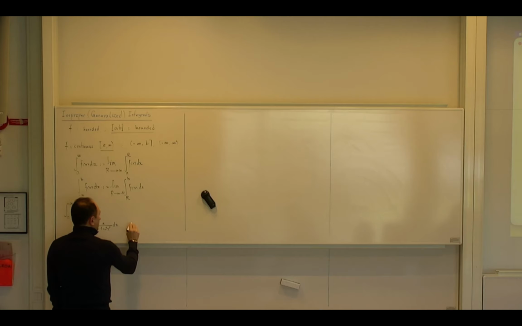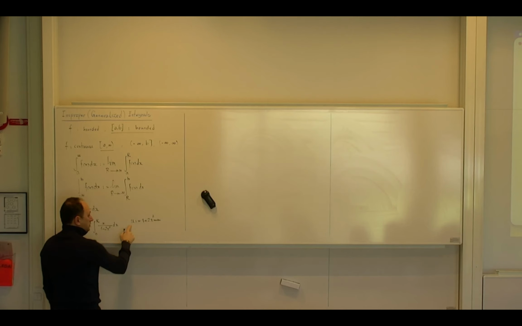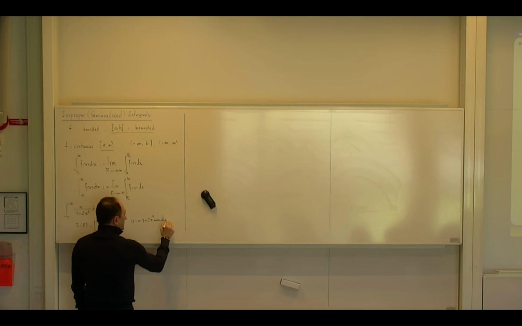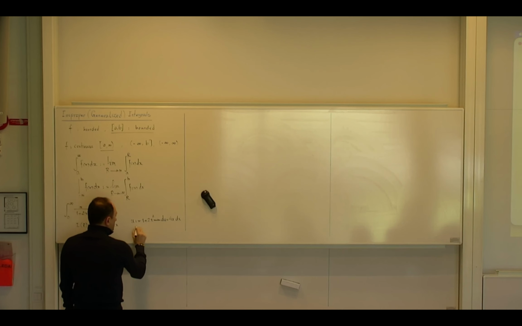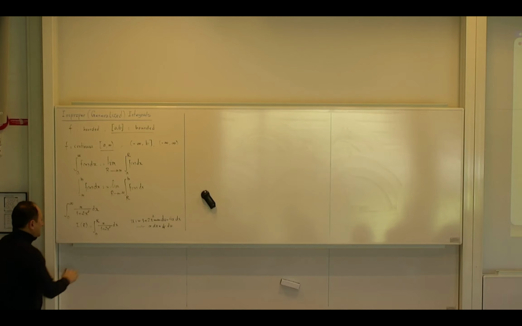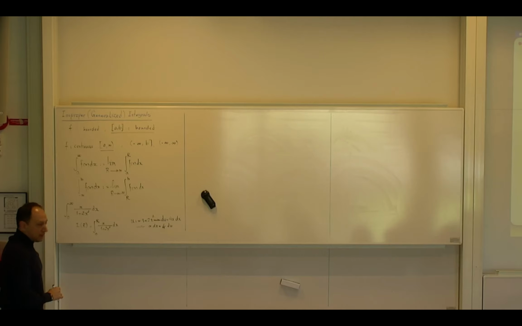So I would say that I will introduce u to be 1 plus 2x squared, but the rest of it should be automatically done. So the du becomes what? 4x dx. But you see that I need x dx, so this motivates me to divide everything by 4. So x dx that I need is 1/4 of du. And then do you remember I have to take care of the new limits, new bounds. So how should I do that?